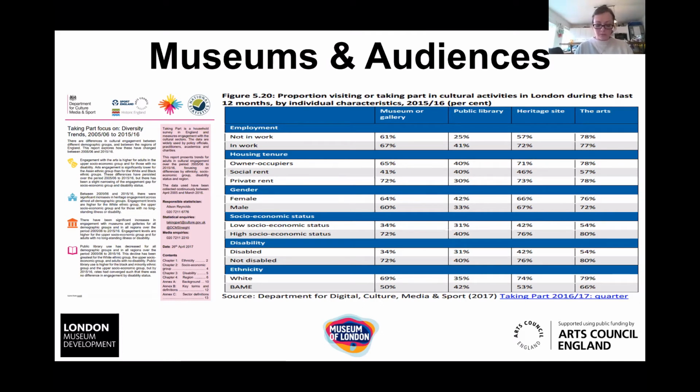And engagement levels were higher for the white ethnic group than the Asian ethnic group between 2005 and 2010, but there was no significant difference by 2015. The engagement levels between socioeconomic groups is larger for museums and galleries than any of the other three cultural activities, with 24.1%